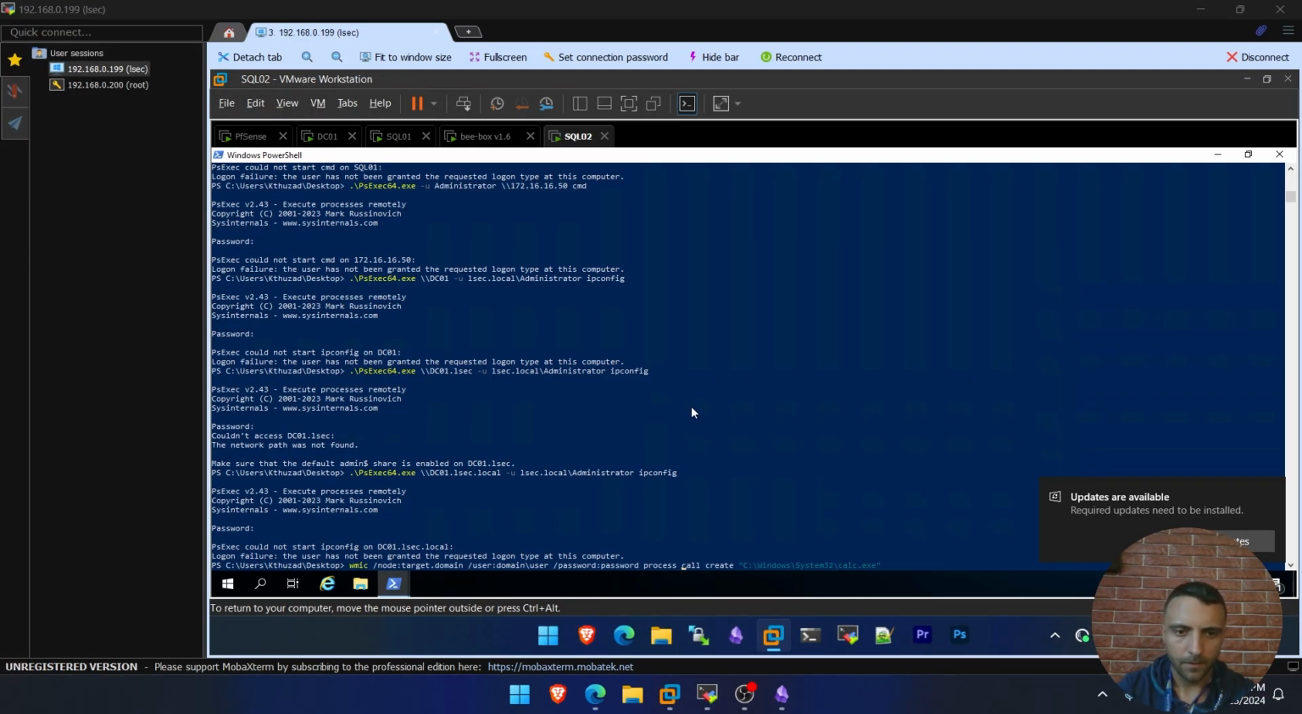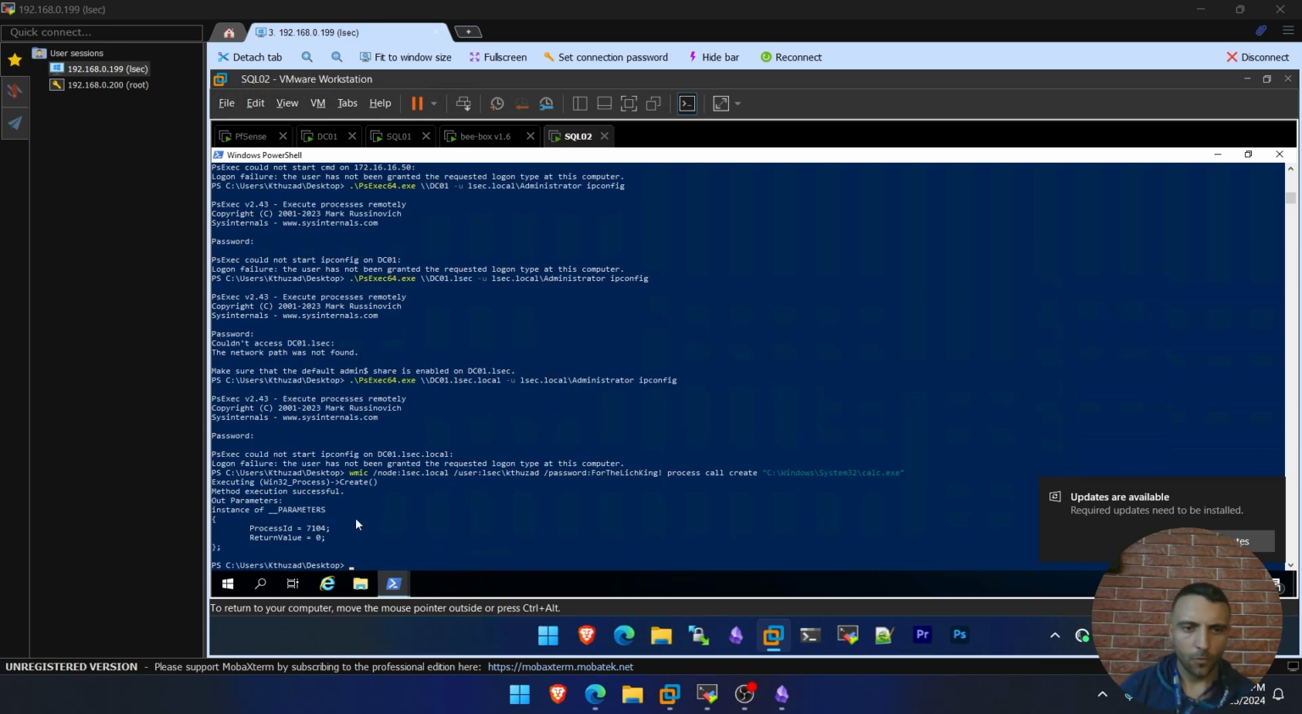Paste wmic. Then we have PSExec.local. The user is PSExec. Password is again like that. Process call create calc.exe. So if we have the return value of 0, we should be able to see the calculator there. So this was against